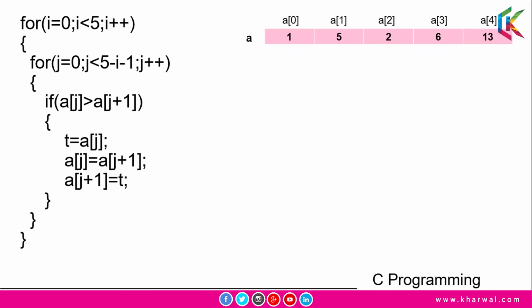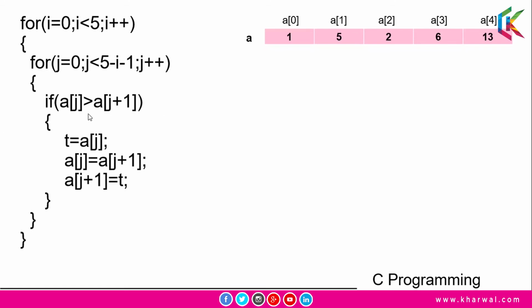So the value of i will be 2 and 2 less than 5, and this condition is true, and control will be transferred to the for loop of j, where the value of j is 0 and 0 less than 5 minus 2 minus 1. So here it will be 2. So 0 less than 2, and this condition is true, and it will check this condition,